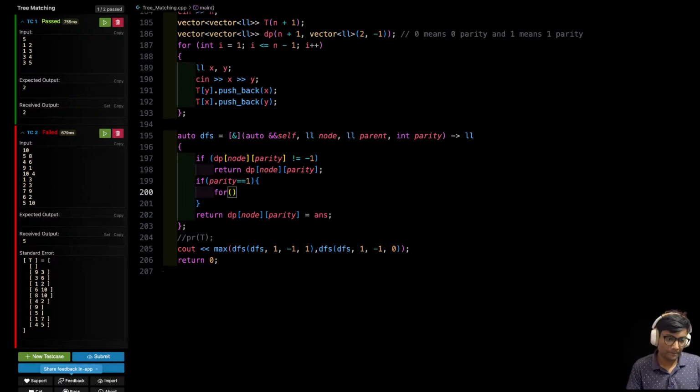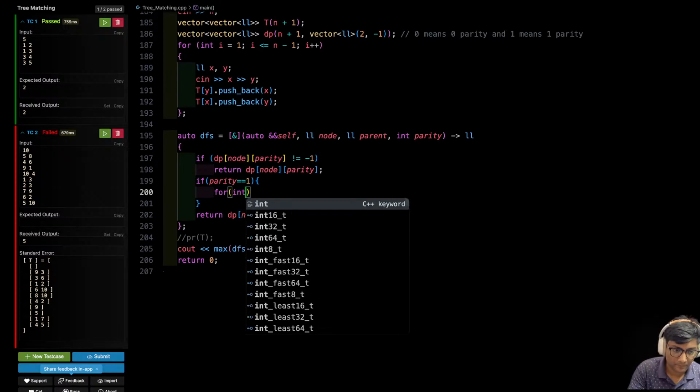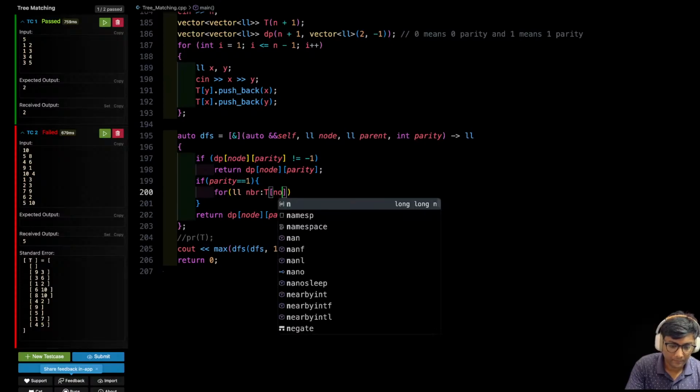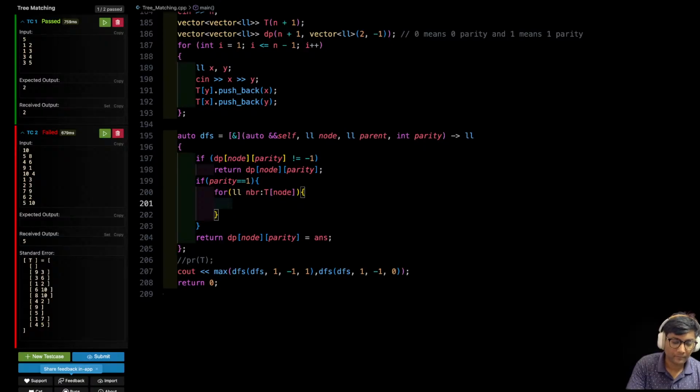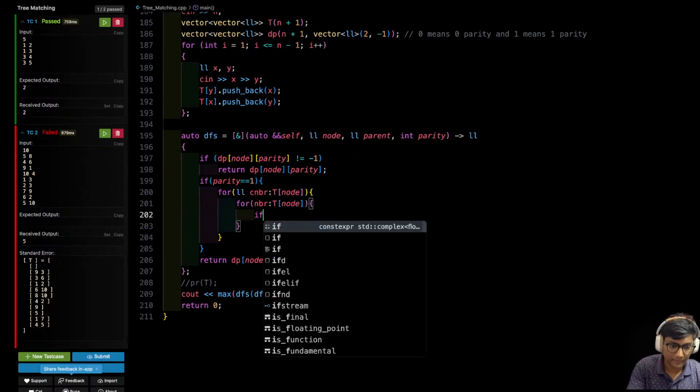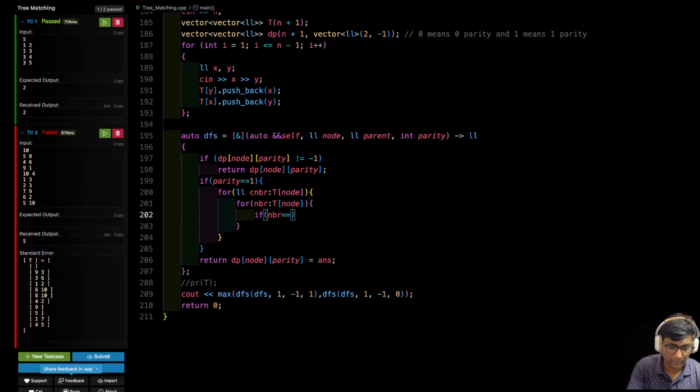So let's make a chosen neighbor, C neighbor. Now let's say for neighbor to T of node, if neighbor equal to C neighbor,